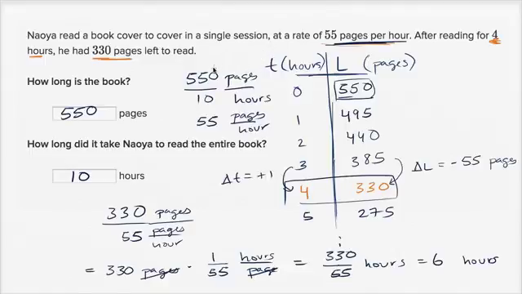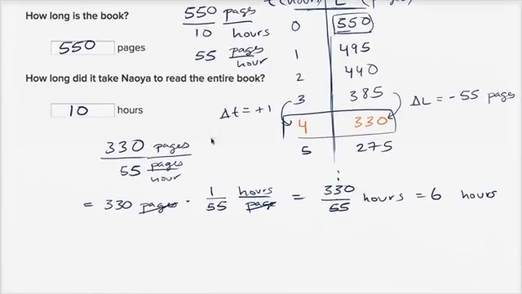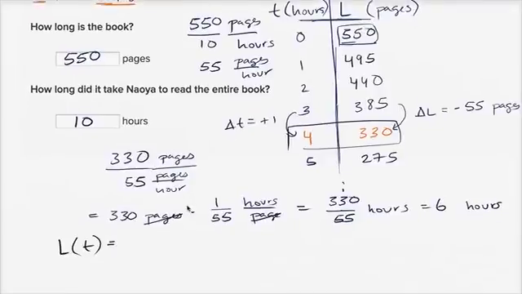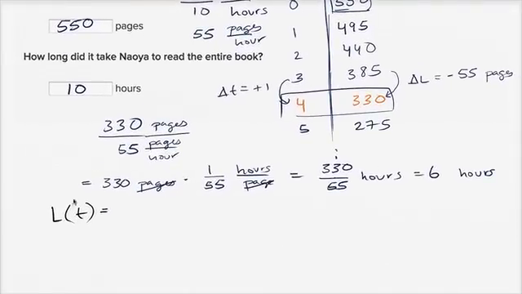Now, another way that you could have tackled this, you could say, hey, this is going to be a linear equation. If you're well versed with your linear equations, you could say, look, he's reading at a constant rate. Let me just set up a function here. We could say left to read as a function of time is going to be equal to, he's reading at a rate of 55 pages per hour. So the amount he's left to read is going to go down by 55 pages every hour. So you could write it like that, plus whatever the initial number of pages were,